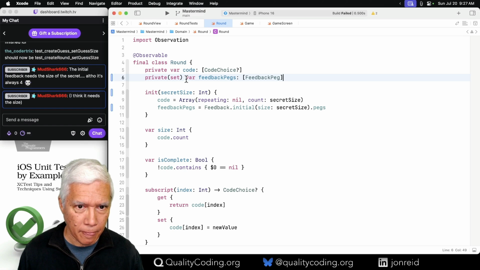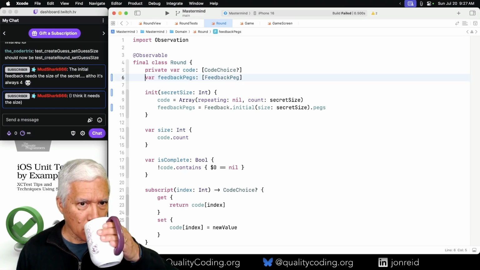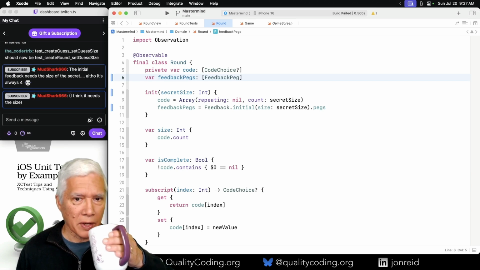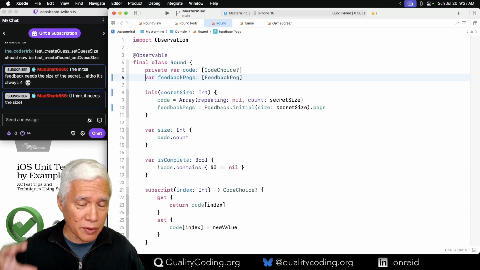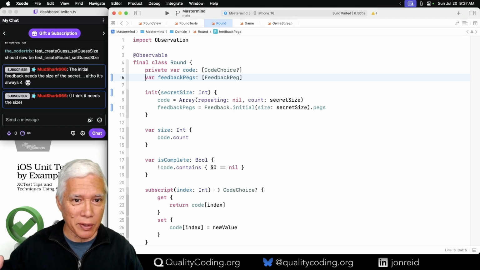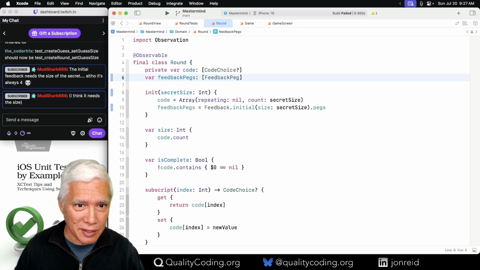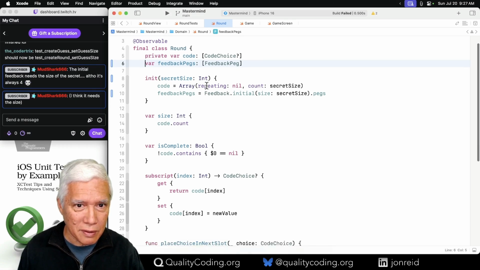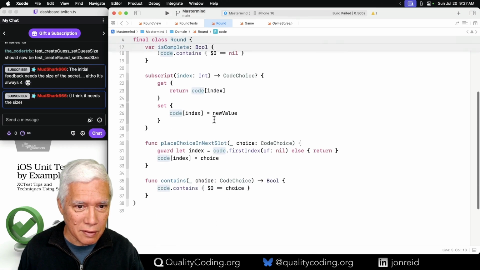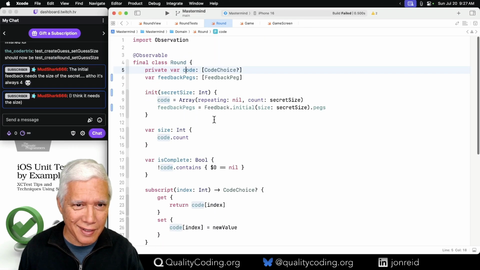I'm just going to leave it exposed for now. We want to lock this down so that the round is controlling the pegs and, you know, it'll offer them to you, but you don't get to change them. That'll happen when the round says, given the current guess, where's the guess?